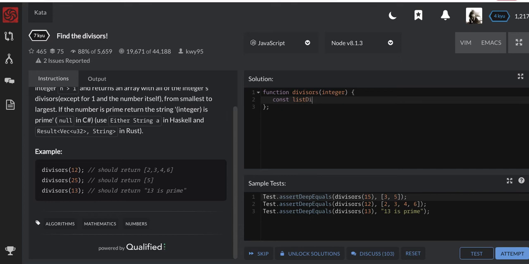I can start by creating an empty array that will have the list of divisors. So I just let divisors be an empty array. Now I'm going to loop, a simple for loop. I start from 2, they said we should not include 1, and I will loop from 2 to the integer that is given,